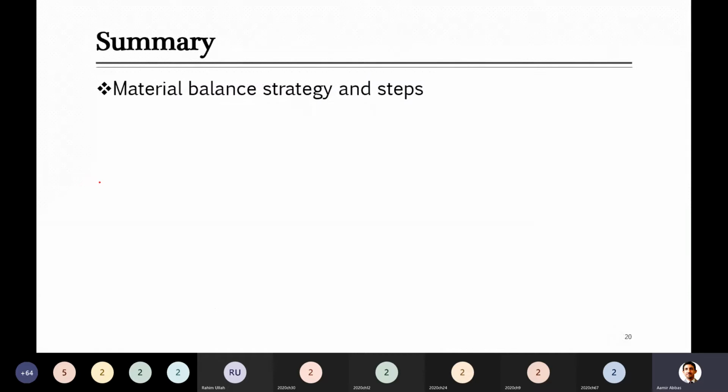So up to here we have discussed these steps of material balance, and if I summarize it, I will tell you one thing: at the start we discussed in one slide that these are guidelines, general strategies based on experience, that if you follow, you will not make many mistakes and you will lead to some accurate conclusion or accurate calculation. But if you don't follow them, you can also go ahead with the problem, but at the end of the day, you will be mixing things up.